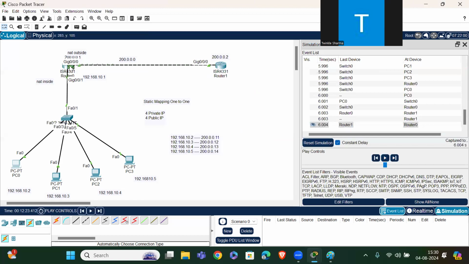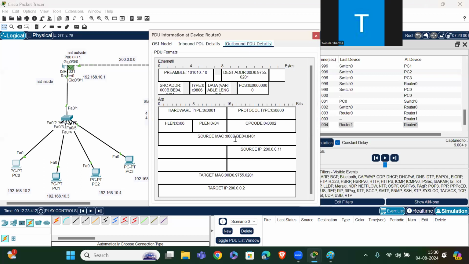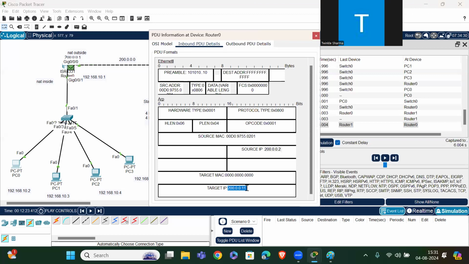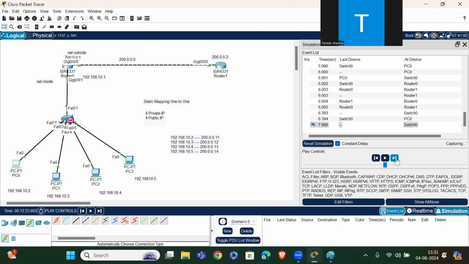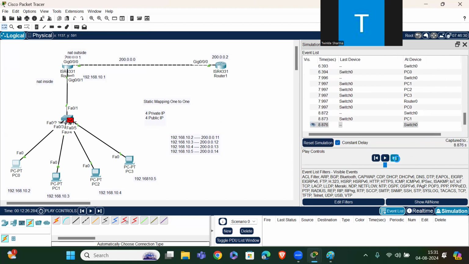Forwarded. Now the mapping is correctly done.